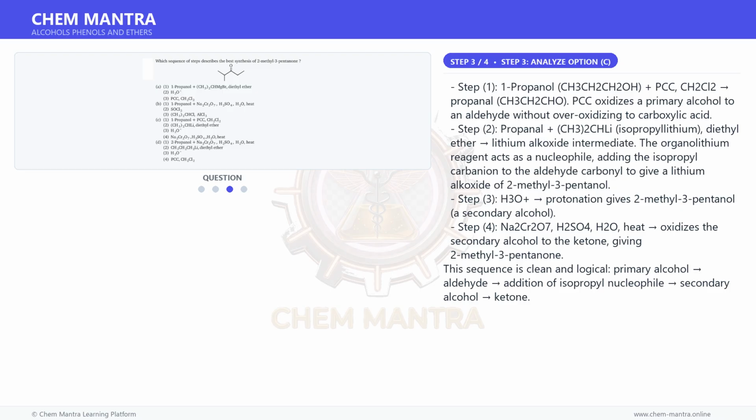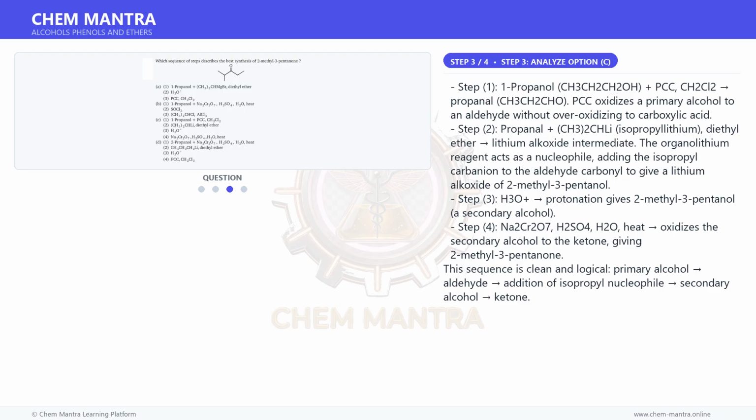Step 2: propanal plus isopropyllithium, (CH3)2CHLi, in diethyl ether gives a lithium alkoxide intermediate. The organolithium reagent acts as a nucleophile, adding the isopropyl carbanion to the aldehyde carbonyl to give a lithium alkoxide of 2-methyl-3-pentanol. Step 3: H3O+ protonation gives